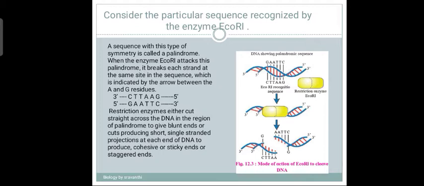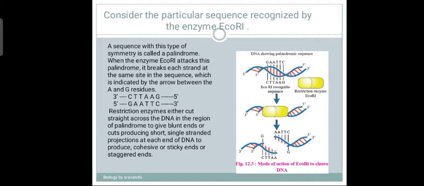So the sequence will be the same when read from left to right and, going down, from right to left. The sequence reads the same. That type of sequence is called a palindromic sequence. When you read it from right to left and left to right, the sequence is the same, in both the 3' to 5' strand and the 5' to 3' strand. So such a sequence is called a palindromic sequence.